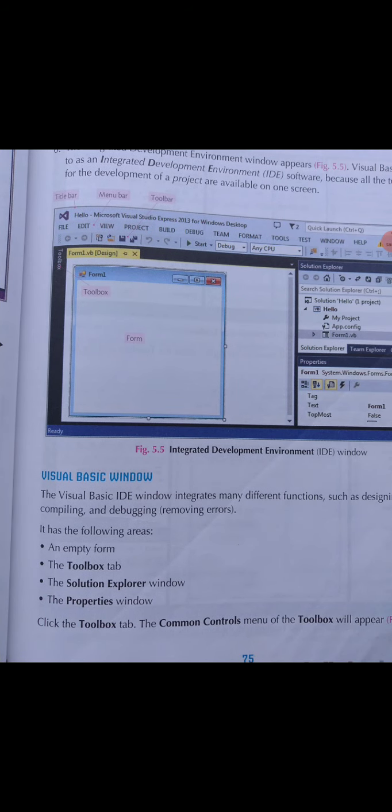In figure 5.5 on page number 75, you will find the components of your VB window. Some of the components you will get here.